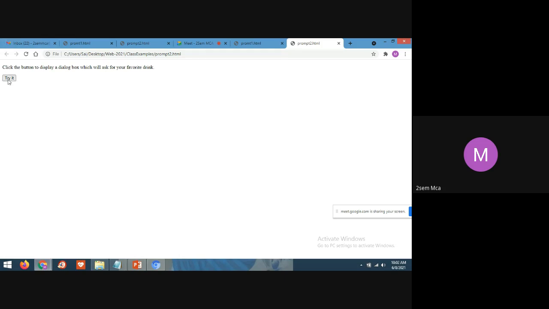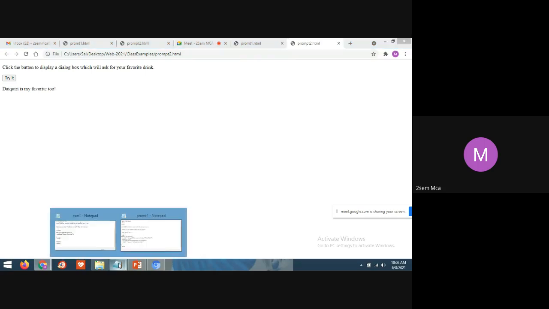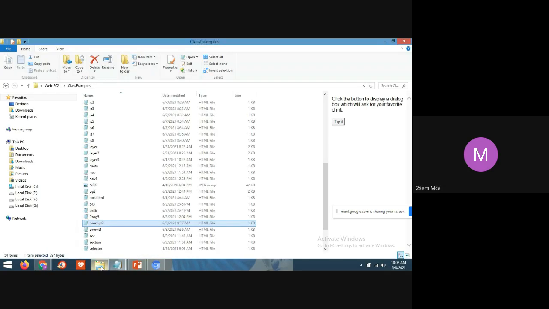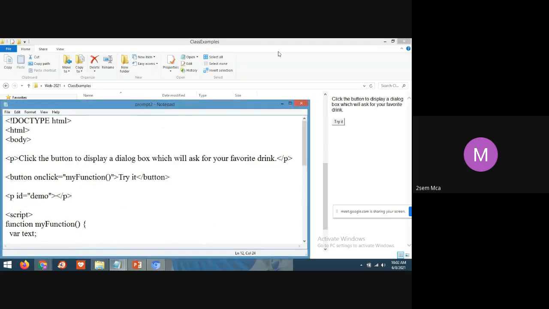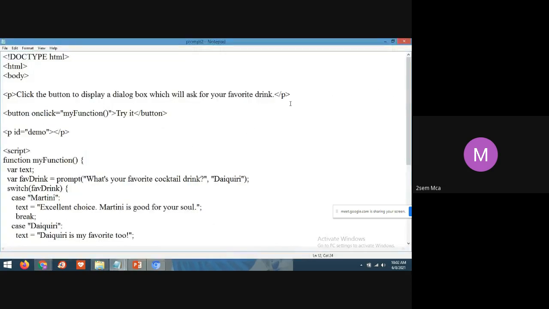So click on Try. Some drink is there, and click on the OK button. Daiquiri is my favorite too. I'll open the code, students. See here.